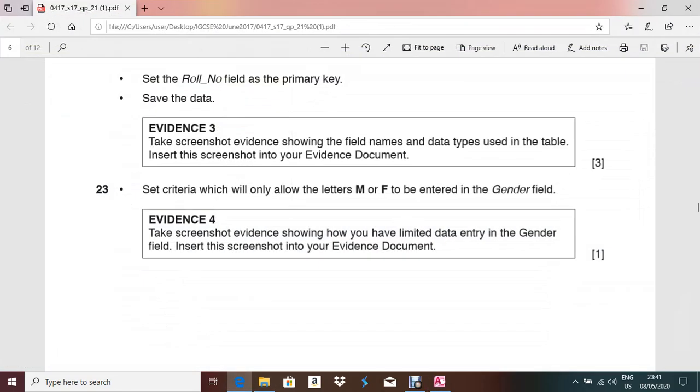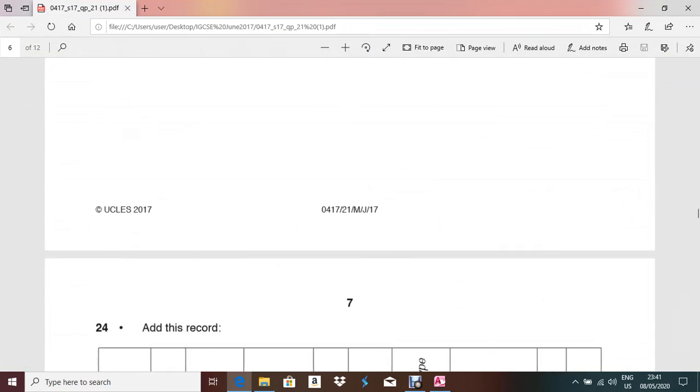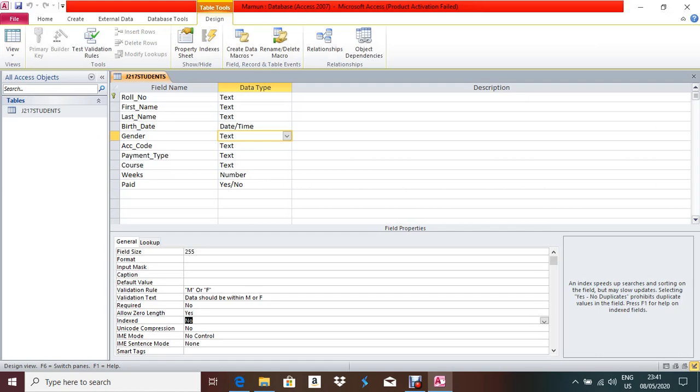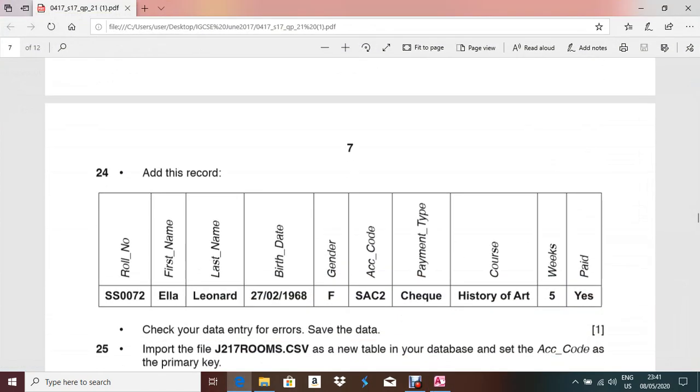Okay, so you know how to take the screenshot, you can do it. Or if you want to get the maximum, if it is mark 2, that time you can show the error message also, how I showed you the error message, that error screenshot also.